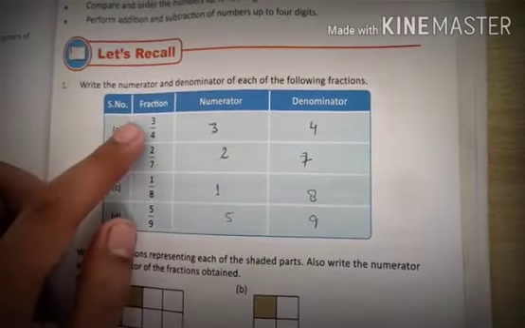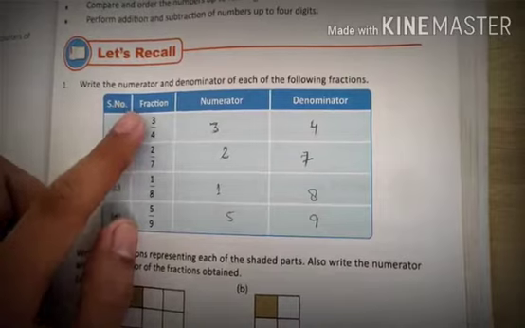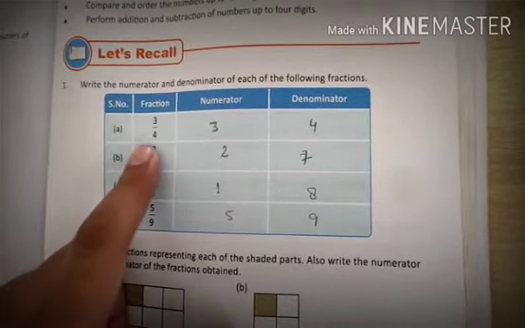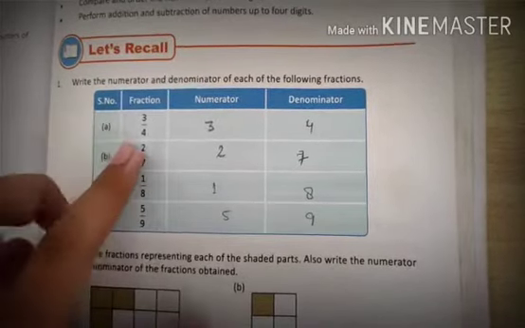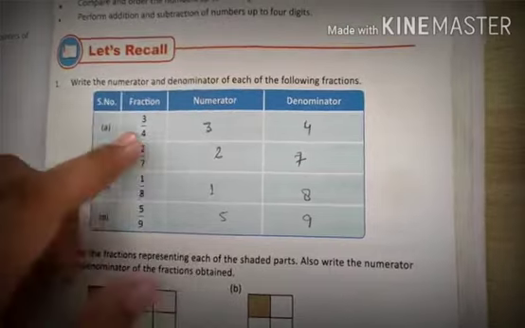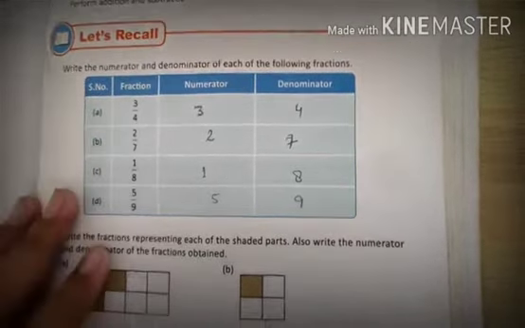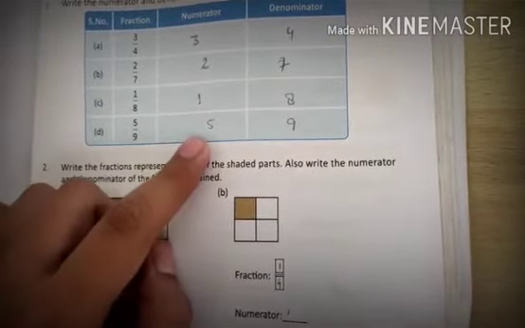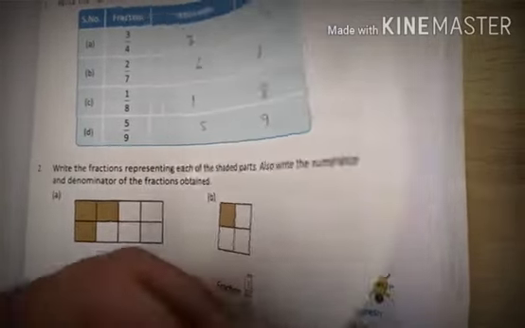If we talk about this fraction 3 upon 4, the 3 which is written on the uppermost side is the numerator, and the number 4 which is written in the down portion is the denominator. Okay, so I hope this is clear what is the numerator and what is the denominator. The upper portion is the numerator and the below one is the denominator. Likewise in the last one, if you can see 5 upon 9, 5 is the numerator and 9 is the denominator. Okay, now let's move to the types of fraction.